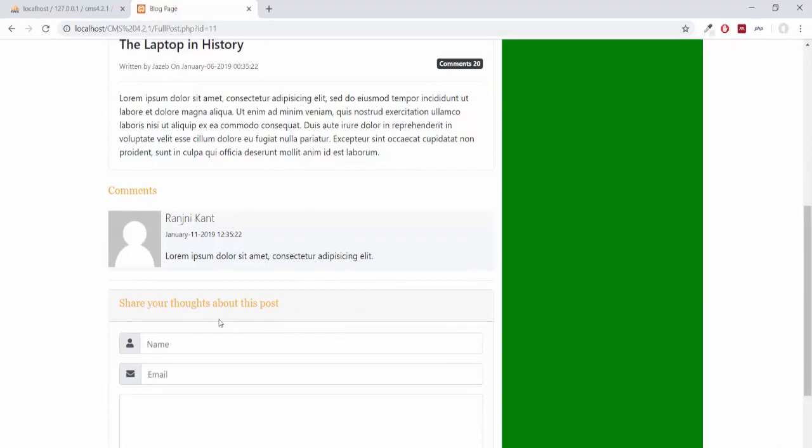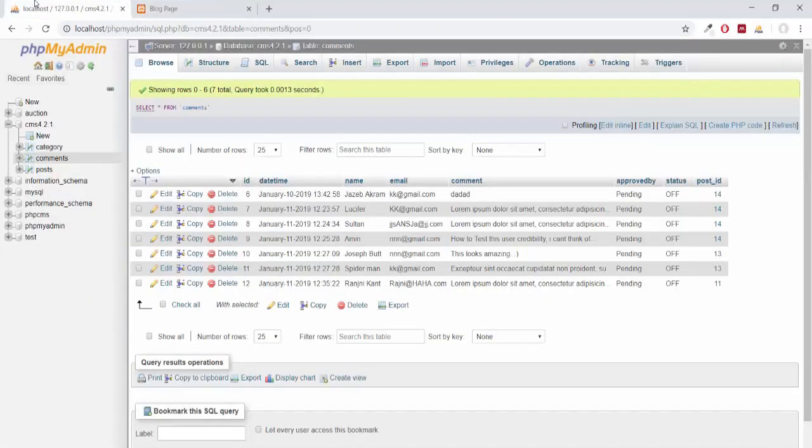But as I said before, this whole comments part will not be that straightforward. All these comments will go to our admin, and by admin approval we will approve or delete our comments. And in the table of comments we will add the name of the admin who is going to approve our comments.